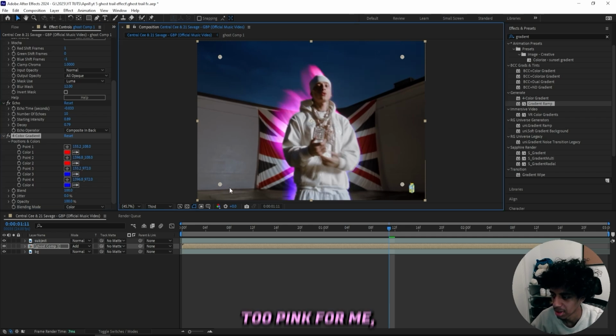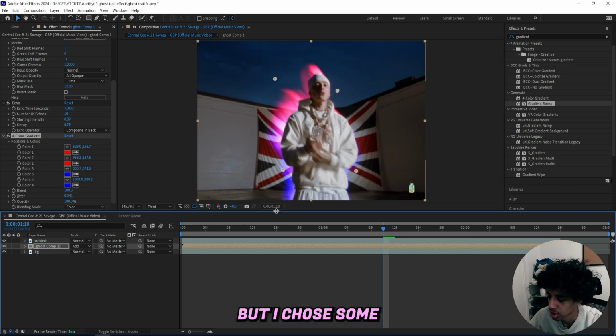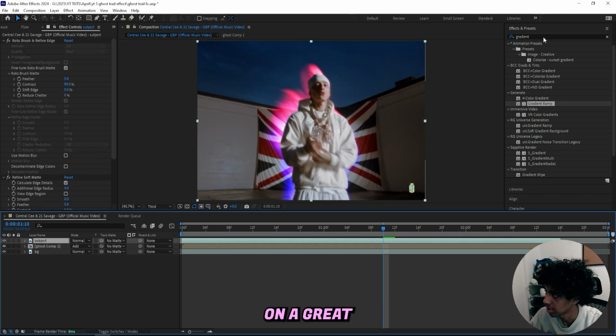And this looks a little bit too pink for me, so I'll move these gradient points closer to the subject, something like this. I mean, just feel free to mess with these colors however you want, but I chose some bright colors because now I'll add on a create light wrap effect